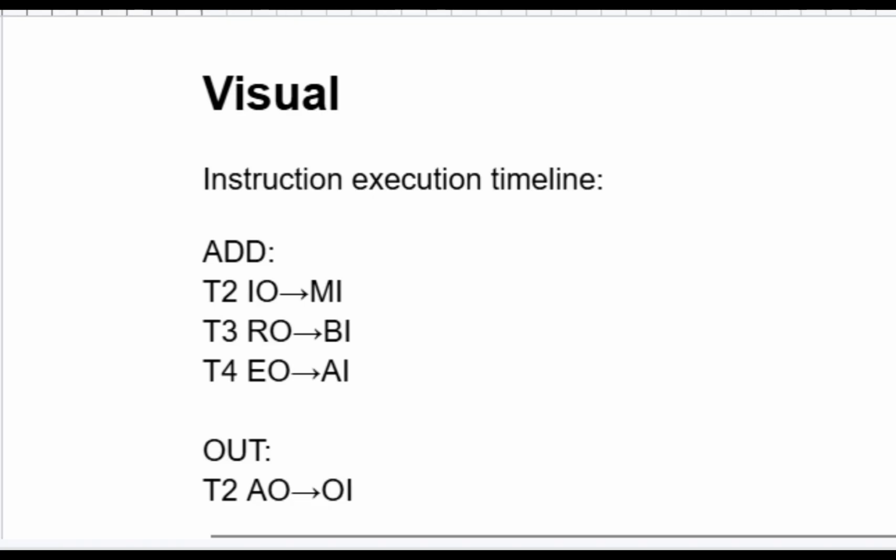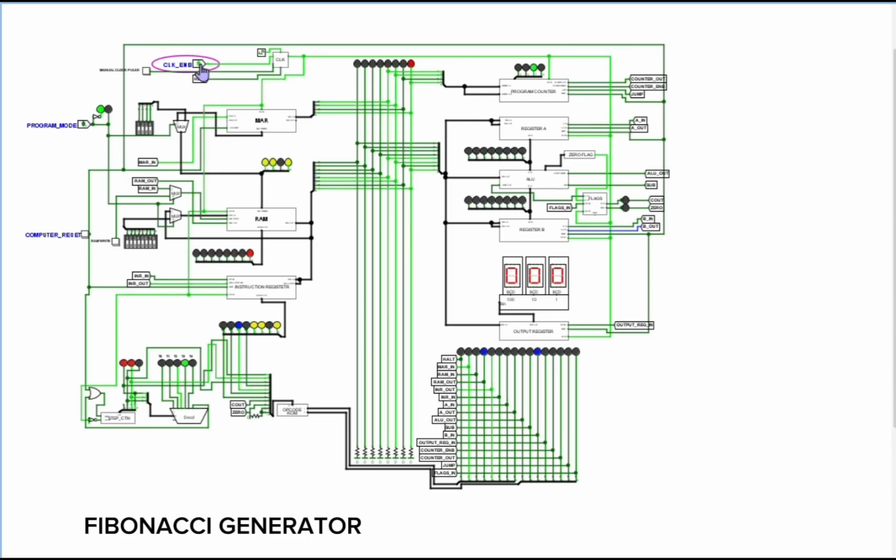So first we have add. This instruction loads the operand, performs ALU addition, stores the result back in register A, and updates flags. Next we have out. Out transfers the accumulator to the output register, and then JC checks carry to reset after overflow. So the second program generates Fibonacci numbers by adding two stored values, displaying the sum, updating memory, and repeating